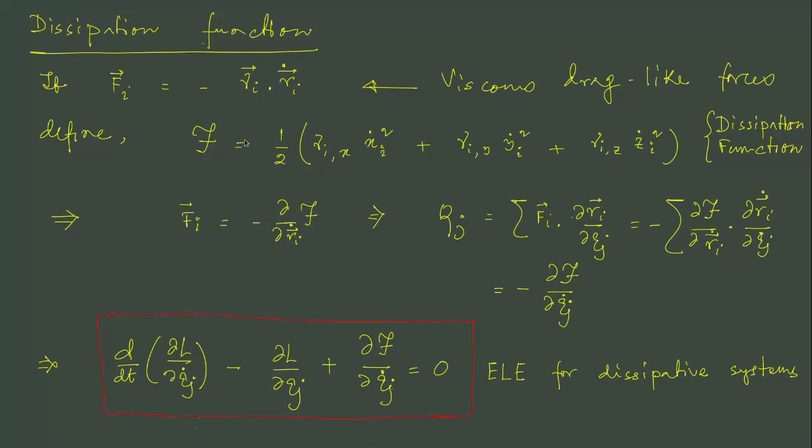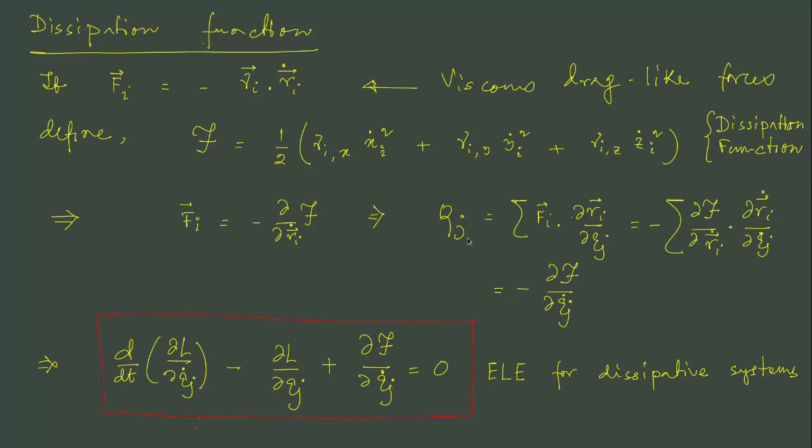So remember, there is a sum over i which I forgot to write. Both the first and second equation will have a sum over i. From this dissipation function, it is straightforward to get the force. You just have to take a partial derivative with respect to the regular Cartesian velocity, ∂/∂Ṙi.